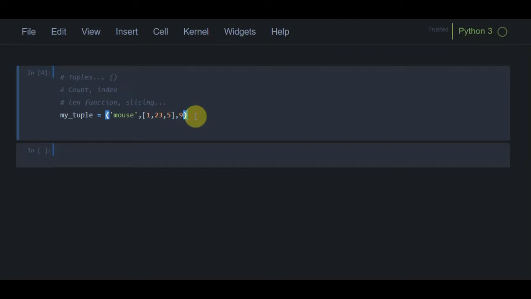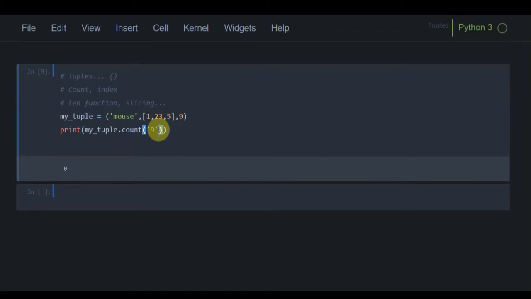I can apply the count method here. What if I want to count 9 in my tuple? If I run this program, you can see the 9 is one time in my tuple. All right, this is how the count method works in a tuple.